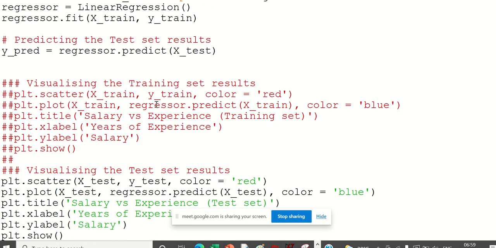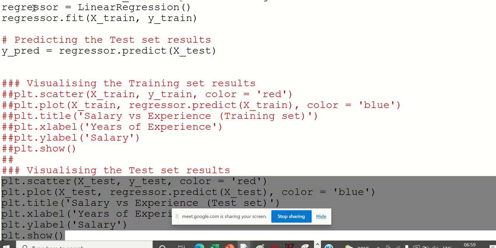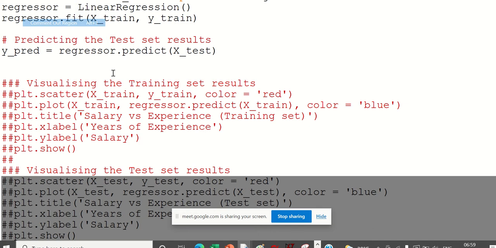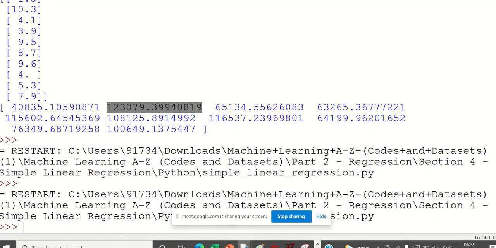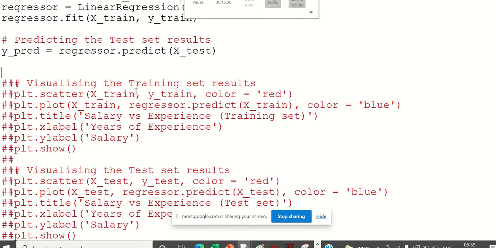Okay, there is a small thing. Instead of doing X test, we can also put some values here and predict. How can we do that? Let me show you. Instead of this X test, we can put, say, 2.5 years of experience, and we can predict what the salary is for a new person. Say a new person joined the company and I want to predict his salary. I can do that also.